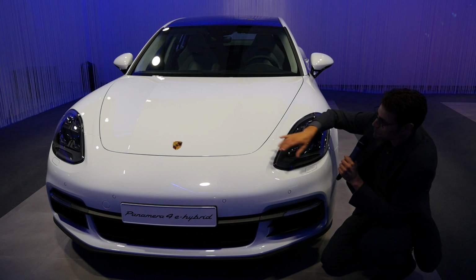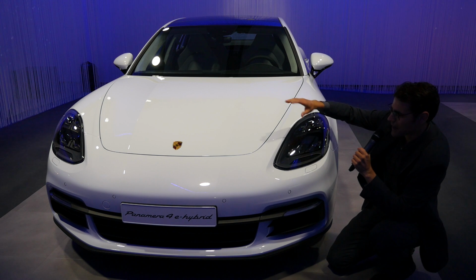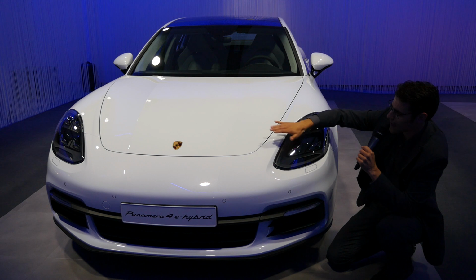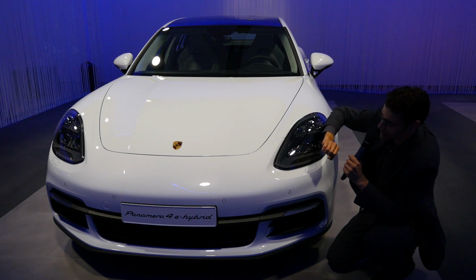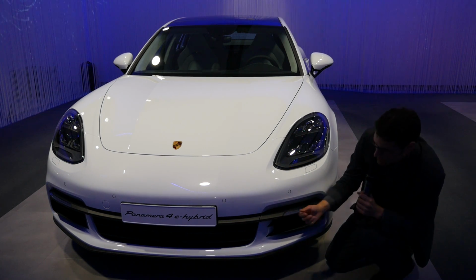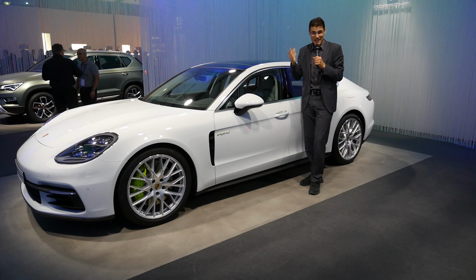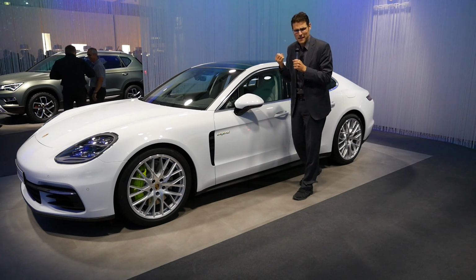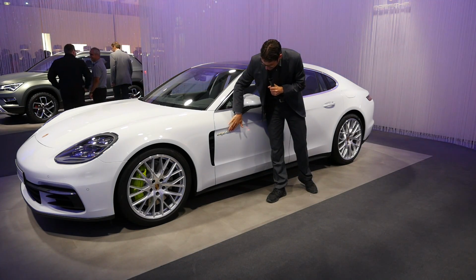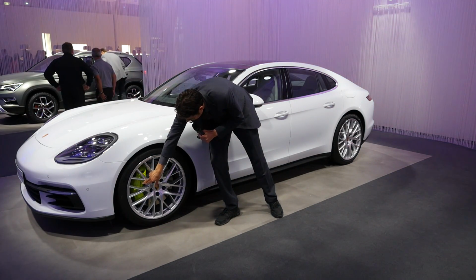And I think here, especially in white, the power dome is really good, because in some other colors this shadow difference is a little bit stronger. Here in white it's not that significant, so also black contrast then here to the white color, really refreshing. And moving on from white to acid green, because acid green is also a thing with the e-hybrid, and it's covered here behind this badge at the side,